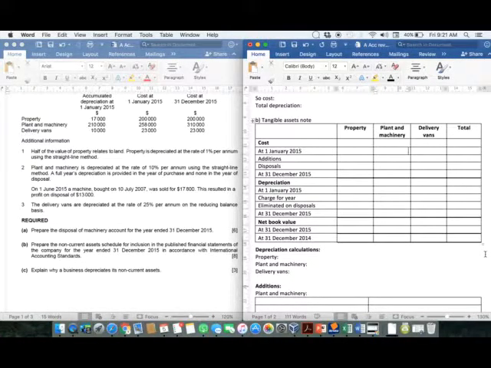In actual fact, if you look at published financial statements, you'll see that they do a slightly different layout to the one that I've got over here, but I've decided to follow the layout that was given in the mark scheme for this question. That is quite simple. Basically, you've got your cost showing beginning, middle, end. You then show your depreciation at the beginning, what it changed in the middle, and at the end of the year. And then you use your cost and your depreciation together. Note that this is total depreciation